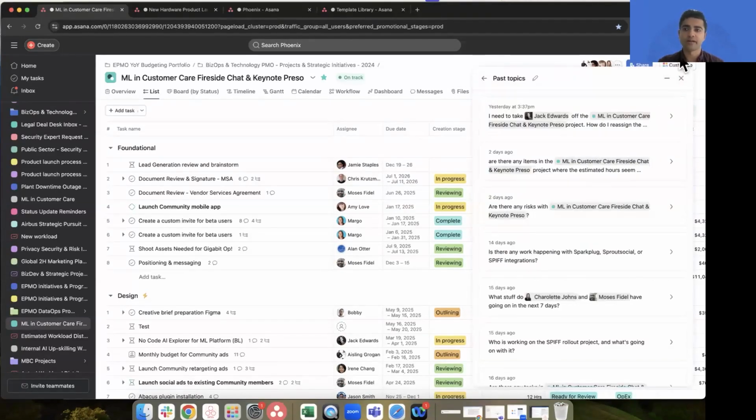Asana's Smart Chat is where, right here at the top right, there are questions that I've asked the AI, which we're just going to run through. And Smart Chat actually allows us to quickly ask questions that might be pretty complicated, and the AI will take into account everything that's in this project, if that's the context that we want. And it'll also take into account the discussions, the data, the information, even the images that are in the actual tasks. It can read the content in those images too, to an extent. So let's look at what's going on here. Let's look at some of these questions that we've asked just a couple of days ago.